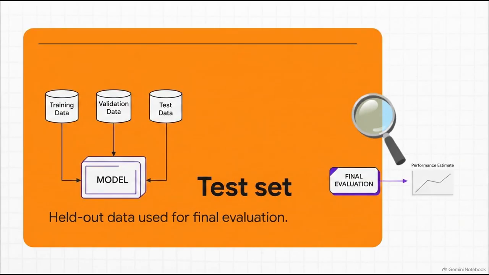Finally, we reach the ultimate proving ground, the test set. This is the strictly held out data used only for final evaluation. It gives us an unvarnished, untainted estimate of exactly how the model will perform out in the wild on completely unseen cases. Keeping these 3 phases strictly segregated, that is the magic trick that turns an abstract, theoretical algorithm into a reliable system you can actually trust in the real world. The important distinction here isn't just the label we slap on the data. It's about what information enters the process, how it's structurally organized, and what uncompromised output comes back to tell you if the whole system actually works.